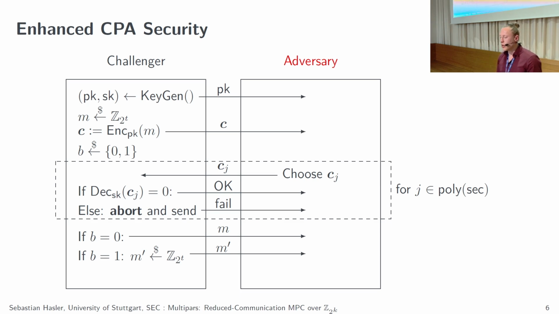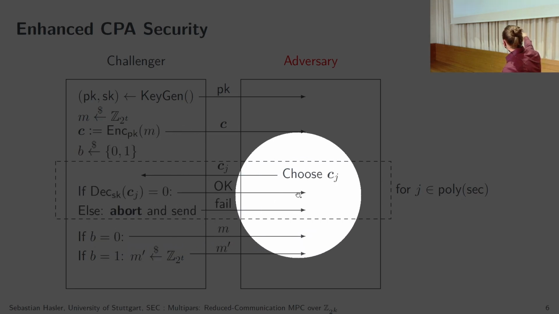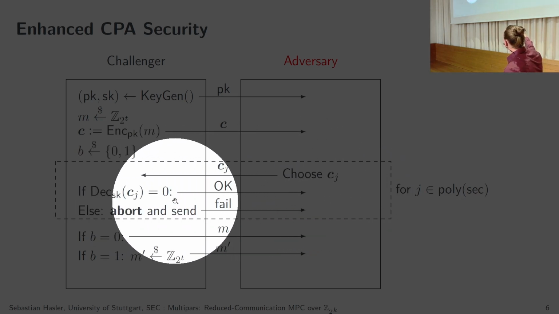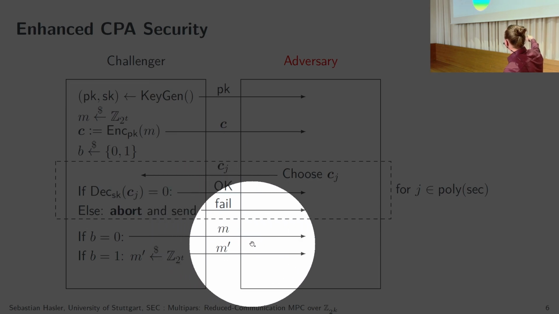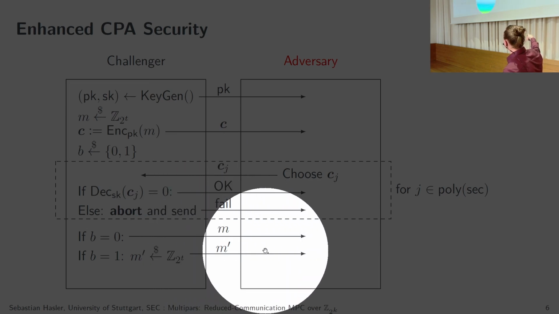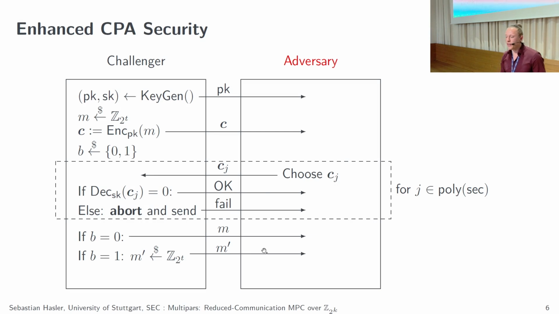So if the adversary was able, using these queries here, to learn some information about the original message M, the adversary could now compare this against the received message and then gain a non-negligible advantage in correctly guessing this bit b. And this enhanced CPA security is assumed, for instance, for the linearly homomorphic version of the BGV encryption scheme, but only over finite fields. Because